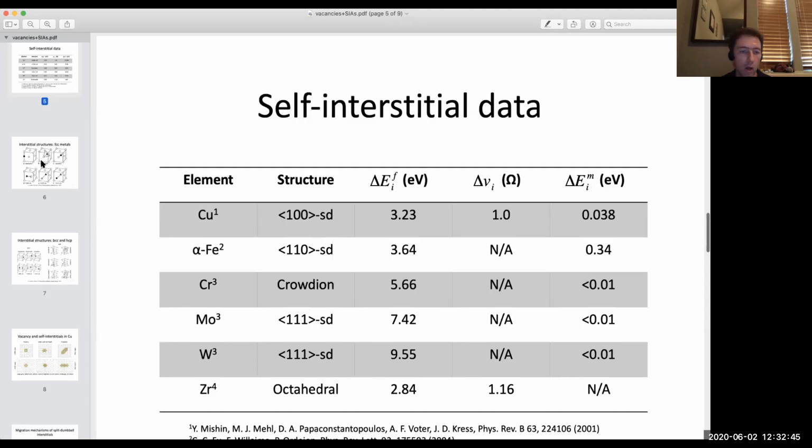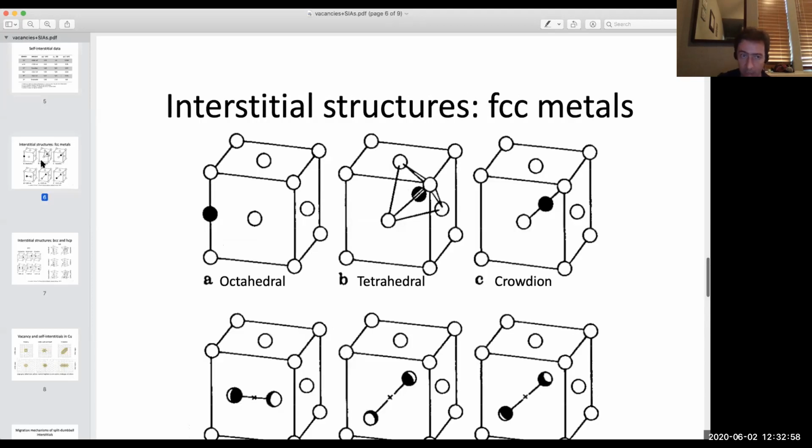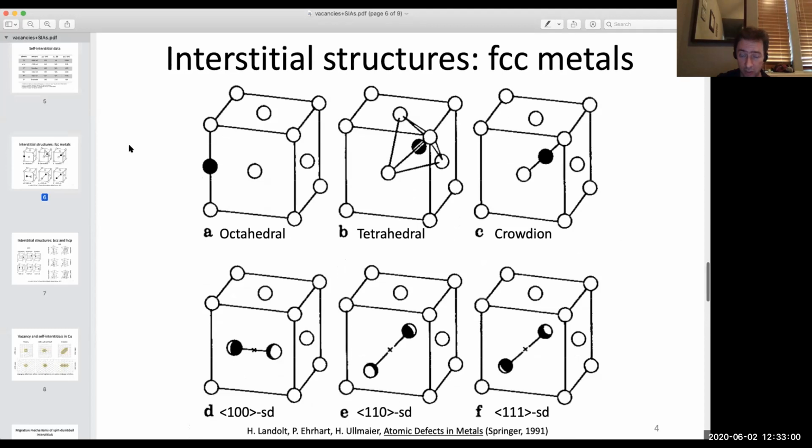So all possible vacancies in a single crystal have exactly the same structure. They look exactly the same. However, if you're talking about self-interstitials, there are many different ways to put self-interstitials into a crystal. And the structure of the self-interstitial will be different depending on where you put it.